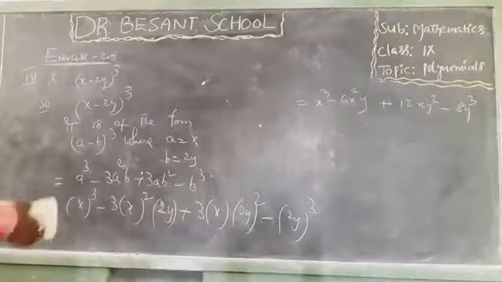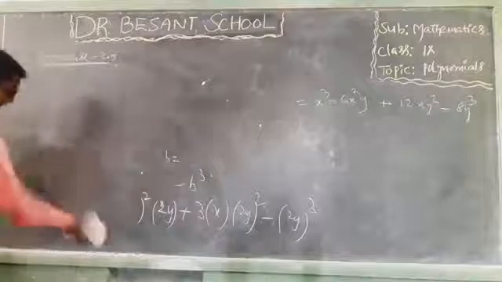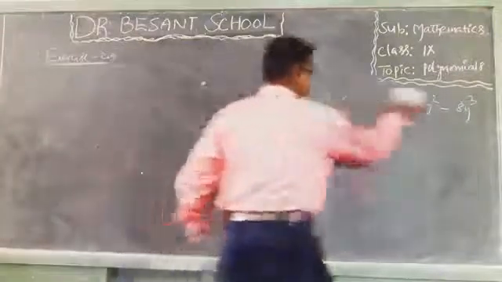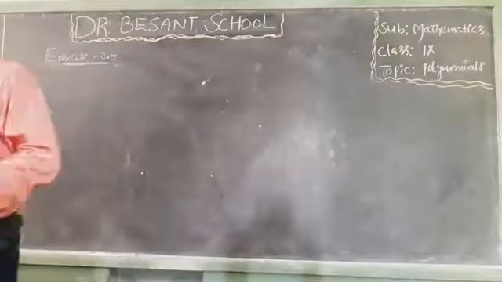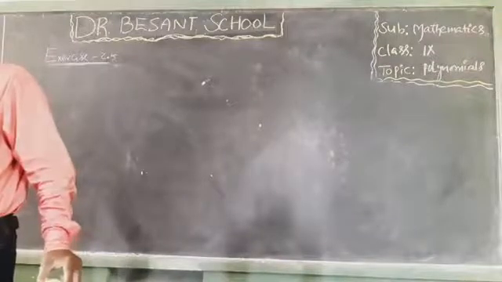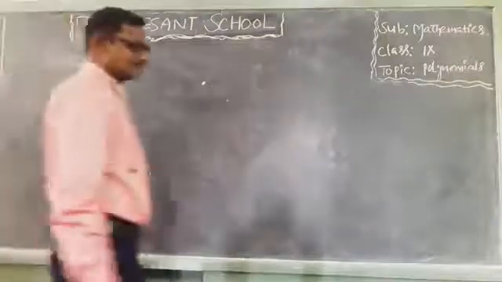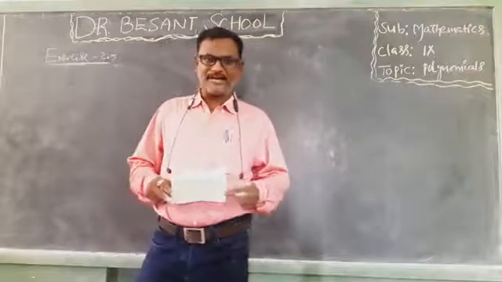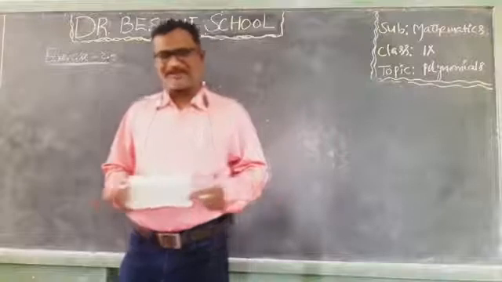So I hope that you have understood all these problems from this fourth Roman. Okay, children? In today's class, I explained to you some of the problems from the second Roman, as well as some of the problems from the third Roman, and as well as from the fourth Roman. Okay children, my today's homework is to complete what I have explained to you from the second Roman, third Roman and fourth Roman from this exercise 2.5 in the classwork. Thank you one and all.